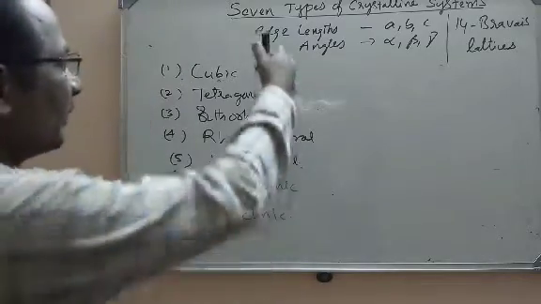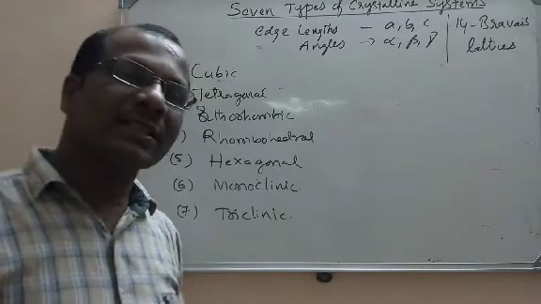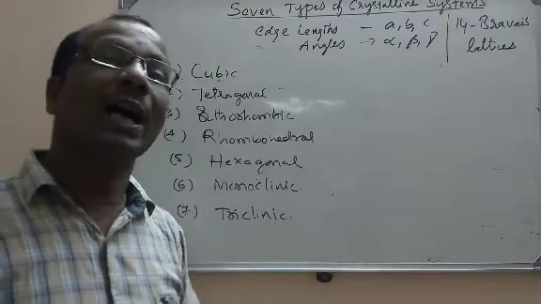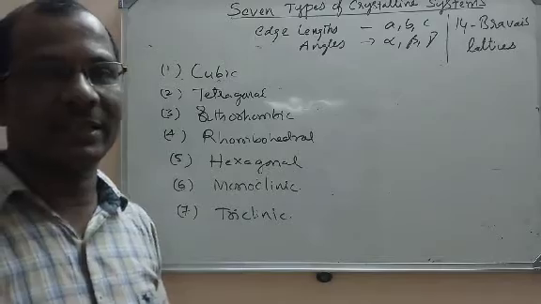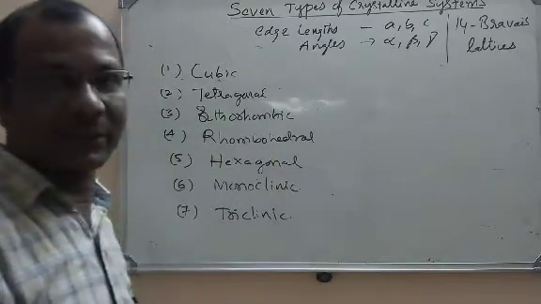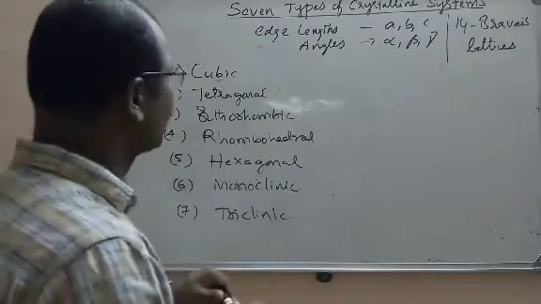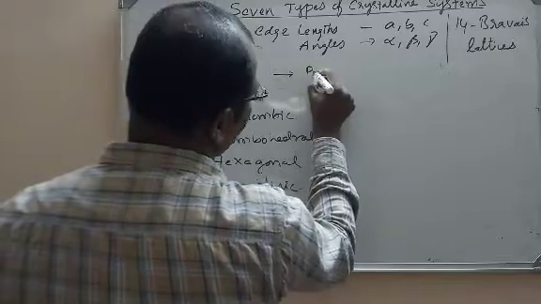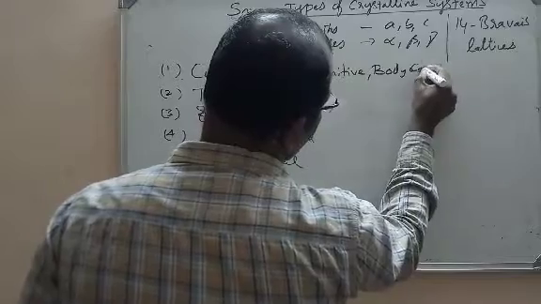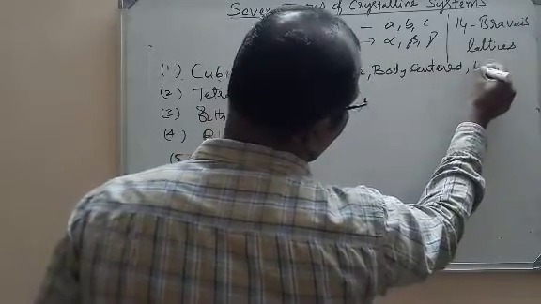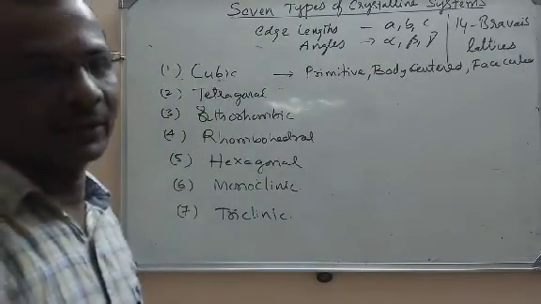In the same way, only if cell parameters are considered, it is seven types. If we consider cell parameters alpha, beta, gamma and a, b, c, and also the position of the points, then it will give 14 types of Bravais lattice. For example, in cubic we consider cell parameters alone. In cubic we again have primitive, body centered and face centered. That means cubic is again divided into three types here.